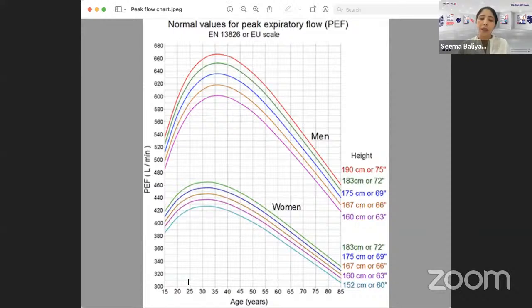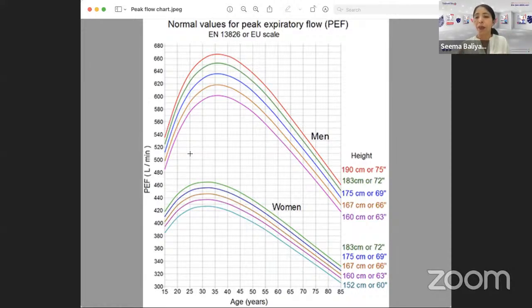On the x-axis they have plotted the age, and on the y-axis you can see the peak flow readings. So these are the normal peak flow readings. This is the chart that you will be using in order to figure out what is normal for your patient, and then you are going to plot it according to the reading that you have got, to see whether this reading is normal or whether it is